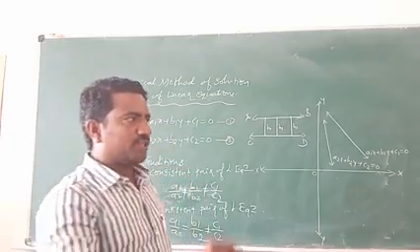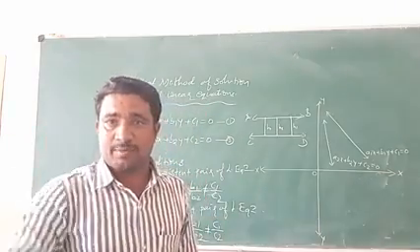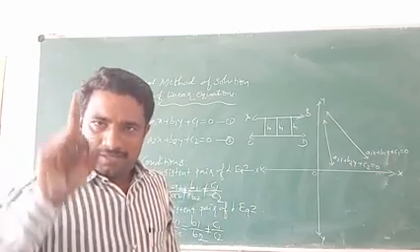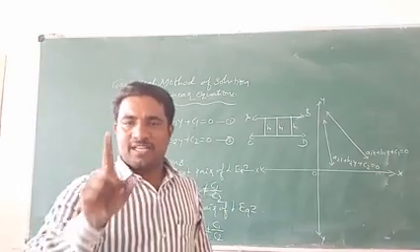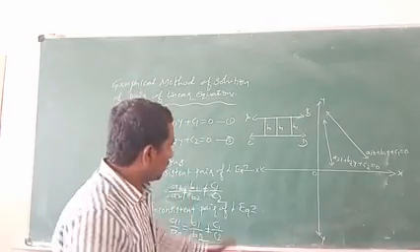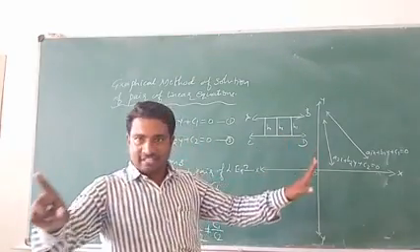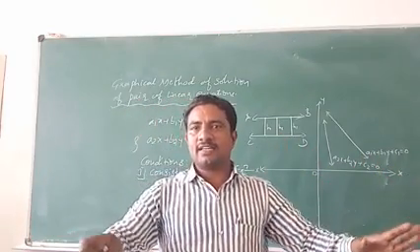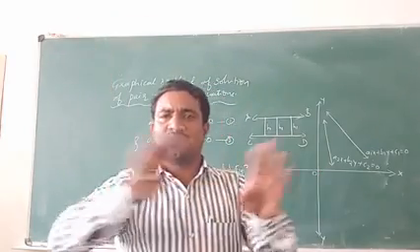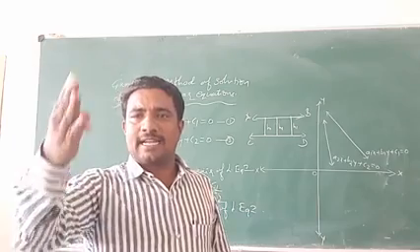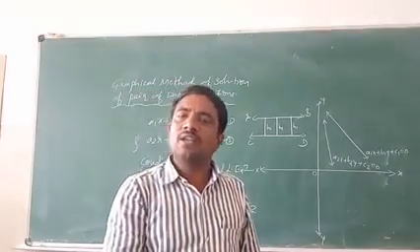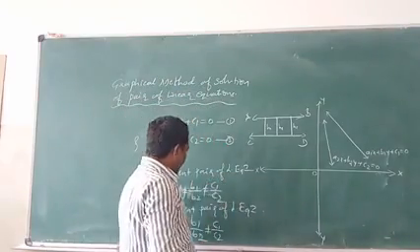If a1 by a2 is not equal to b1 by b2, you have to consider these two lines are having a unique solution, in the sense that lines are intersecting at a point on the plane. These two lines are not intersecting. You have to extend from here to there and there to here, whatever it is, they cannot intersect at any point on the plane. These lines are called parallels.